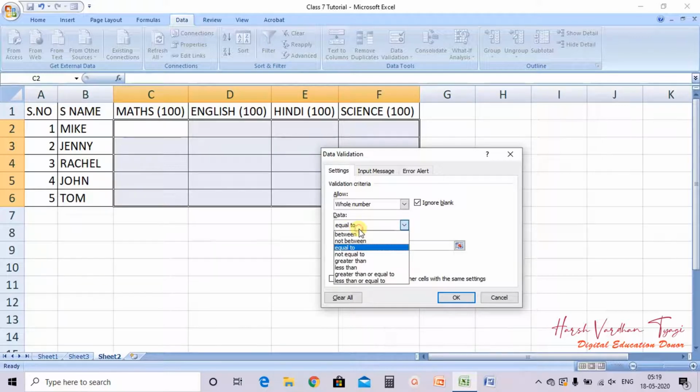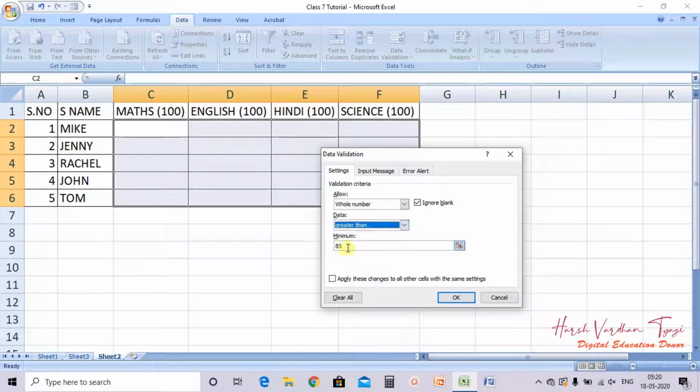Clear? What do you mean by equal to? Not equal to, suppose I have entered 85, so you can enter any value but not 85. Any value you can enter in the cell but not 85. Other than 85 you can enter any value.